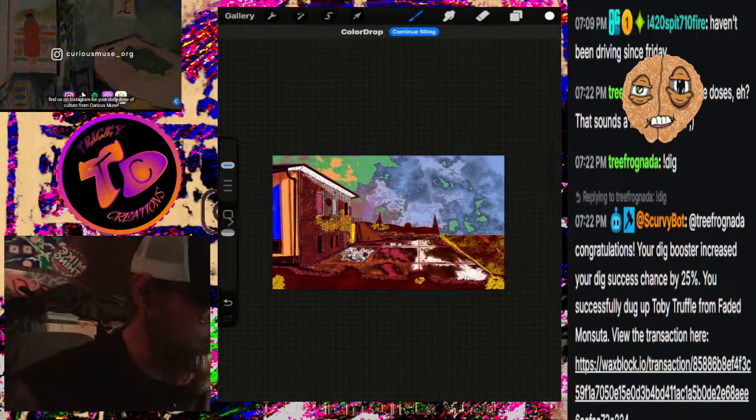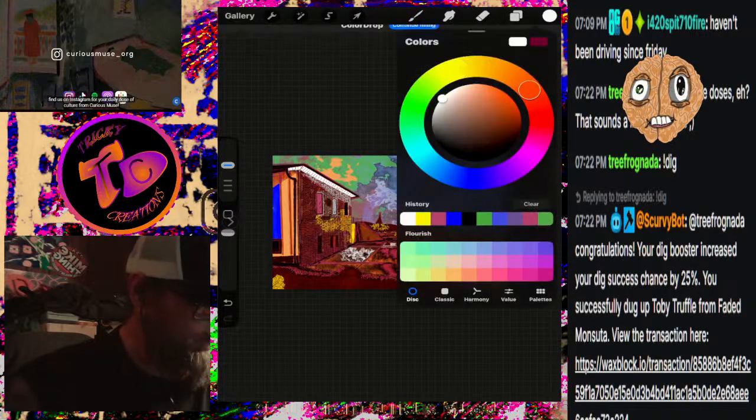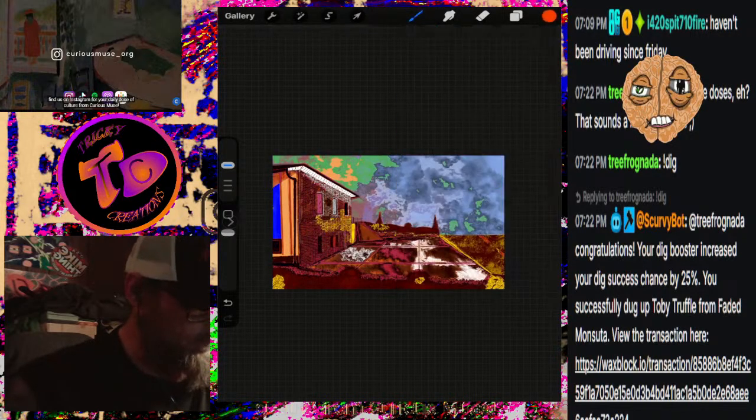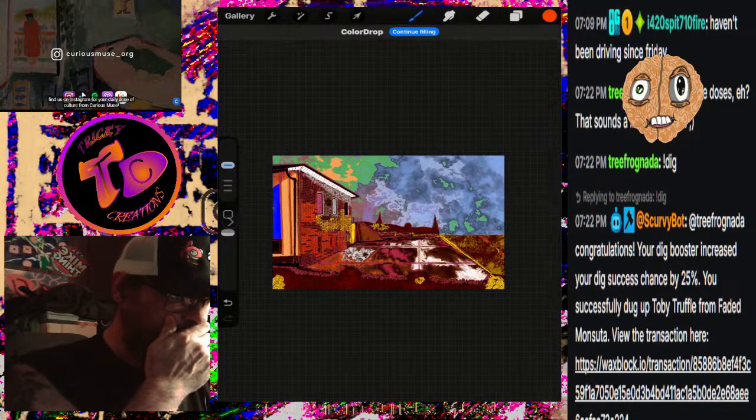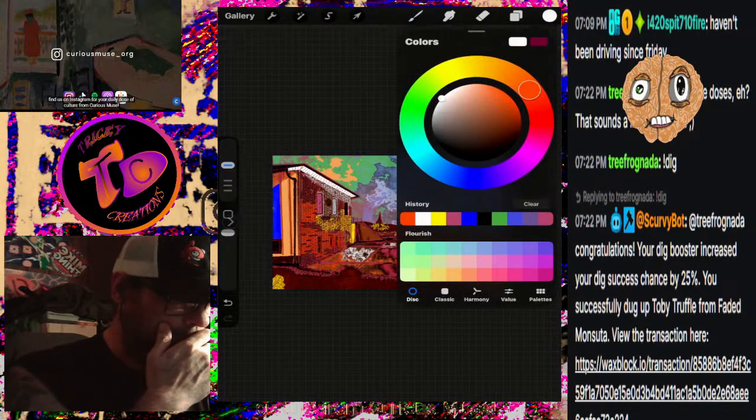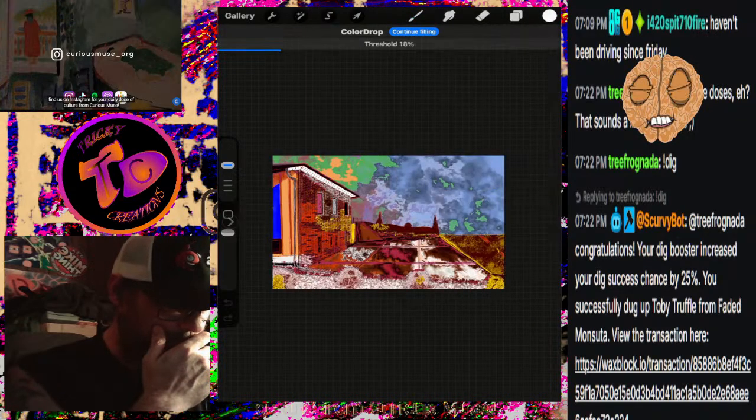Kind of like the way that looks. A little bit of orange. Touch a little orange in there. I think we need some white and some black down here too.